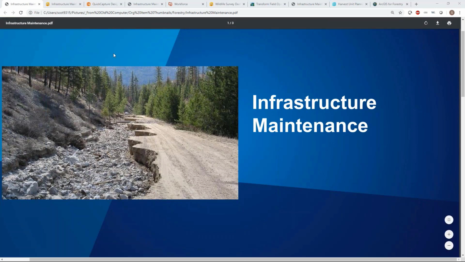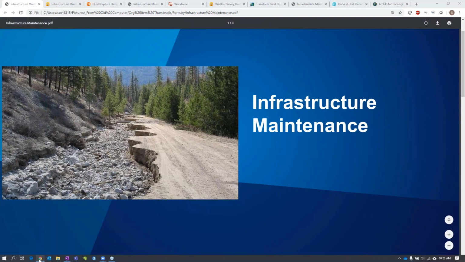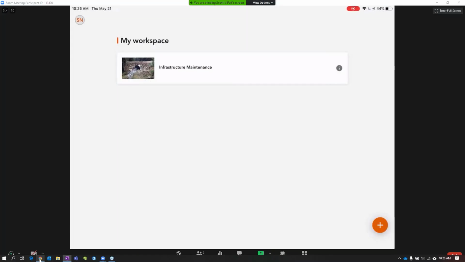So the first workflow here revolves around road infrastructure maintenance and monitoring. Many of your organizations have large networks of private forest roads, and these roads are a vital piece of the timber supply chain, and keeping them in operational condition is really important. Tracking the condition of these roads, the related infrastructure, is all key to understanding where maintenance work needs to occur. The challenge, though, is capturing and documenting observations in an efficient manner that enables maintenance crews to respond to issues more effectively and proactively. So ArcGIS Quick Capture is a data collection app that enables field workers to efficiently capture